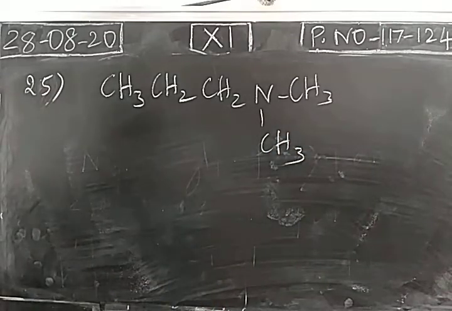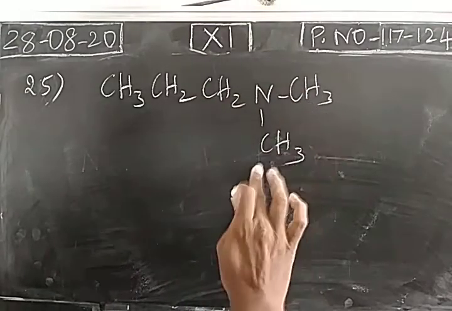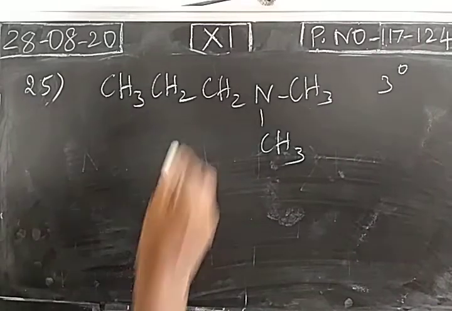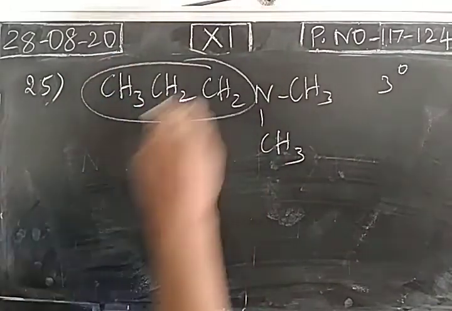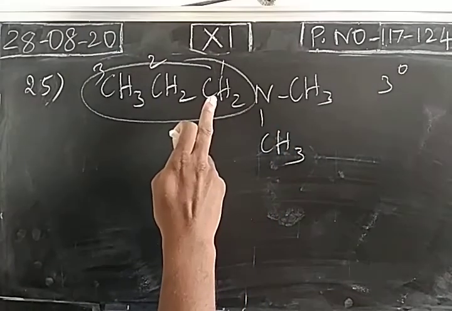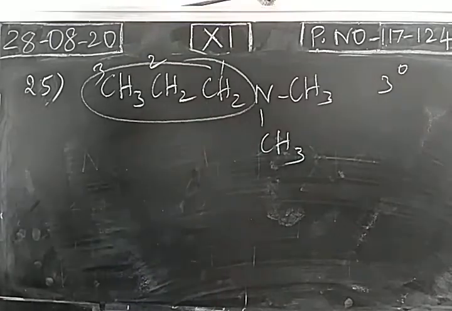So this is an example of tertiary amine, right? So NH2 is the amino group. 2 hydrogen atoms are replaced by 2 methyl groups. So this is a tertiary amine. Okay. In the tertiary amine, we are going to select the longest chain. This will be the longest chain. Functional group is attached with this carbon, so this is the lowest number. So we give number for this carbon as 1.